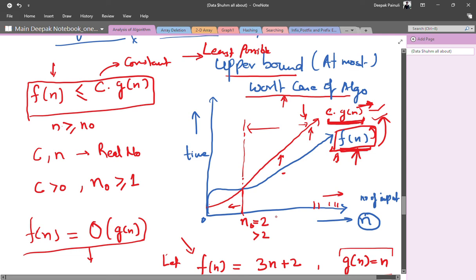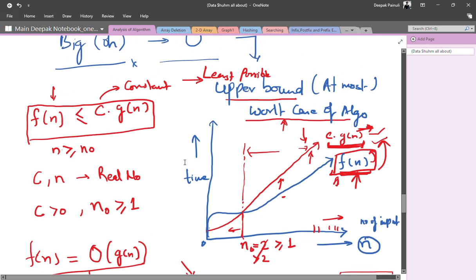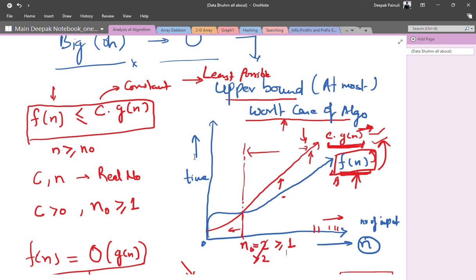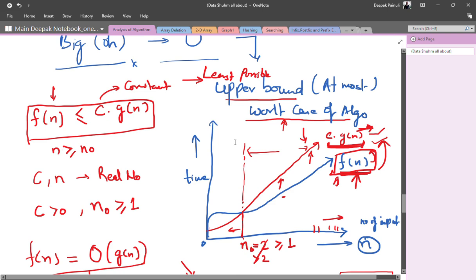And here for the second example our n value should be greater than or equal to 1. Right guys, so this is how we can say that this g(n) will present the worst case scenario, or the least possible upper bound, for the original function of that particular algorithm. It defines that for this number of inputs we can have the maximum or worst case time complexity of that algorithm, defined by that particular g(n), right? So this is all about big O.